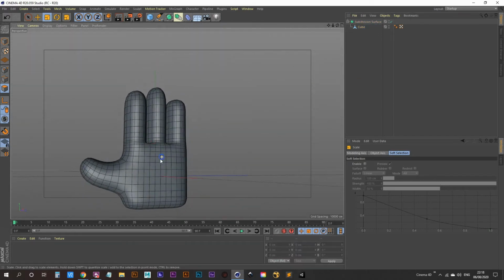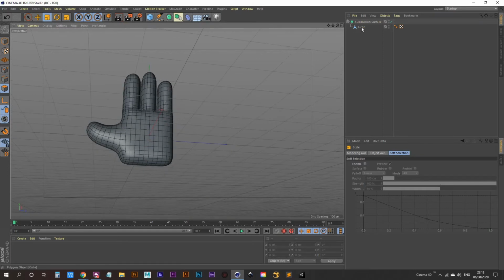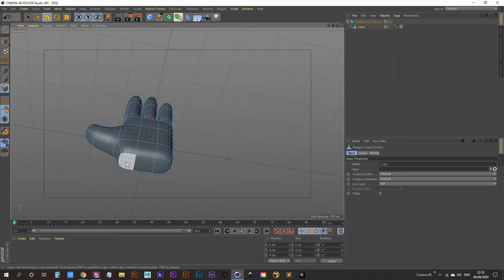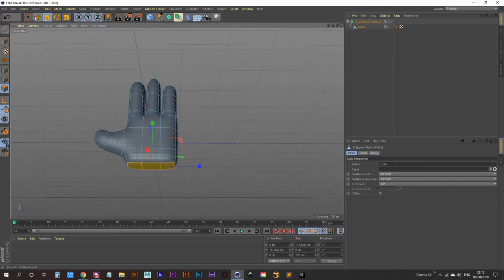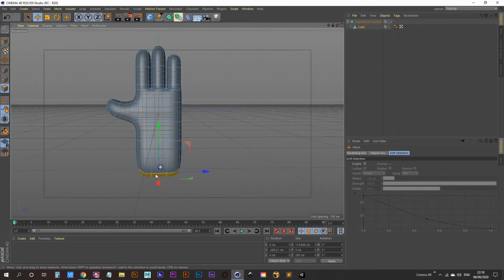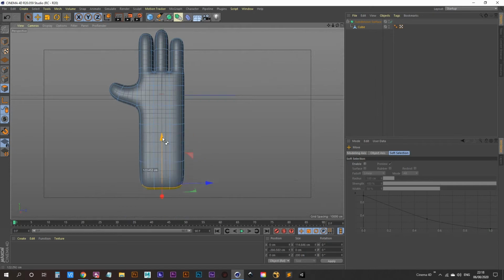We need an arm, so let's select our cube, deselect our current selection. Let's grab all of these polygons down here at the bottom, move tool, hold down Control, and let's just extrude that down along the Y, and let's do it again. Okay,